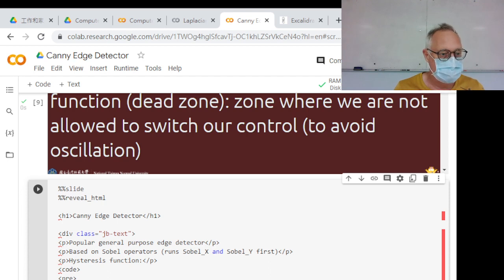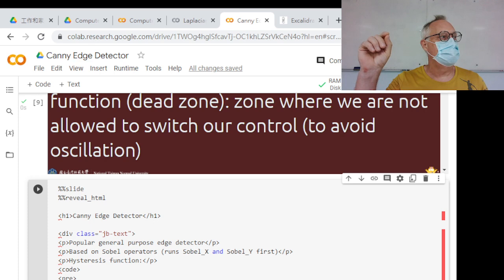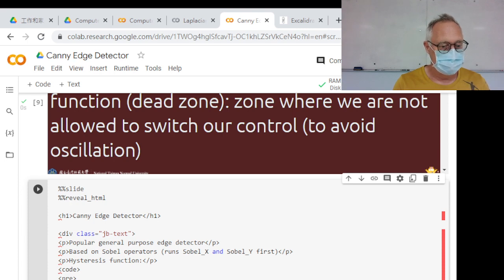Then the Canny edge detector does another couple of things. One of the things that we noticed for first order operators was that we often get very thick lines, multiple pixels to represent an edge. So to avoid that problem, the Canny edge detector uses local non-maxima suppression, which means that if we have a direction for the gradient and we follow that direction, and then we check the Sobel response, and only the pixel that has the maximum response within that neighborhood will be classified as an edge. So we suppress neighbors